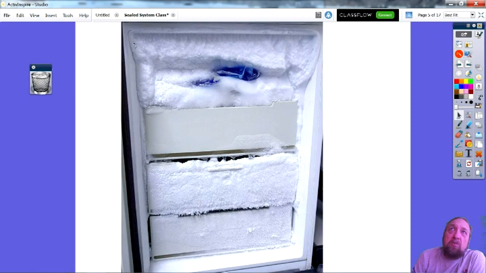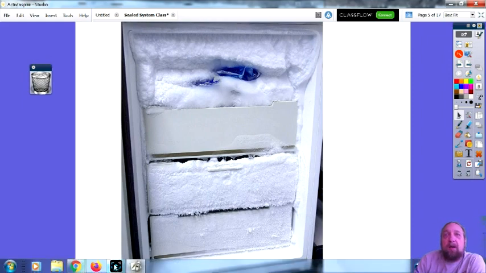and it most likely was coming in at the top because the majority of your ice appears here at the top, and you don't have as much at the bottom. And then when it gets thick enough, it'll push the door open and make it even worse. So this is not a sealed system problem. This is more of a